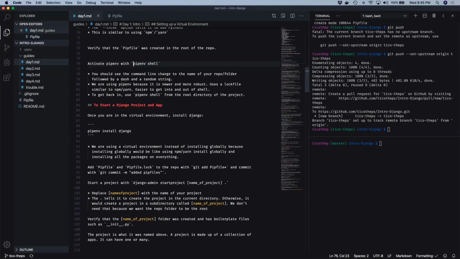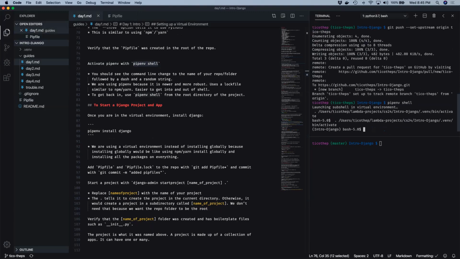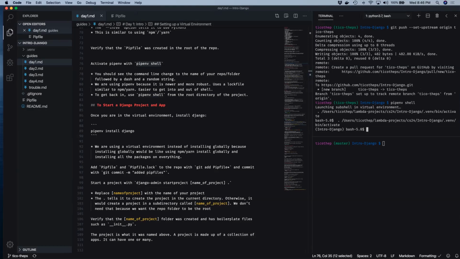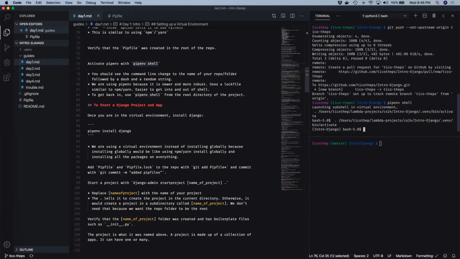Get your sleep. So we're just going to copy this here. We're going to come over here to the terminal. We're going to just run pipenv shell. Boom. So as you can see, we know we are in the shell, which is the virtual environment, whenever we see a pair of parentheses with the name of our project inside those parentheses. My project's name is Intro-Django, and that's what's inside these parentheses. That lets me know that I'm inside of the virtual environment,